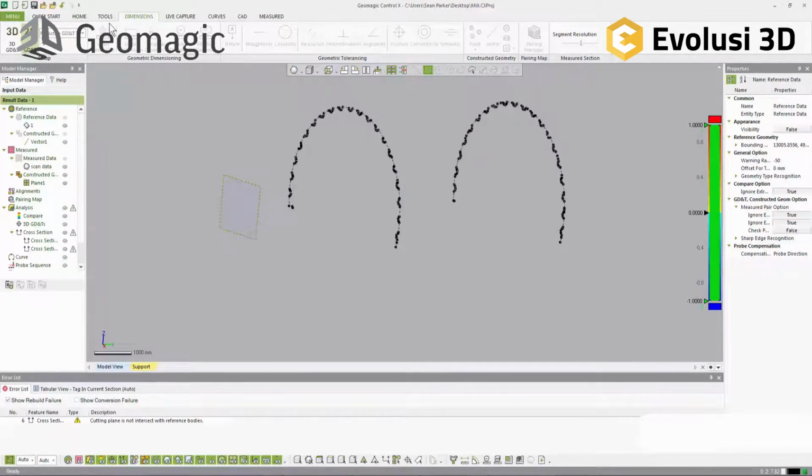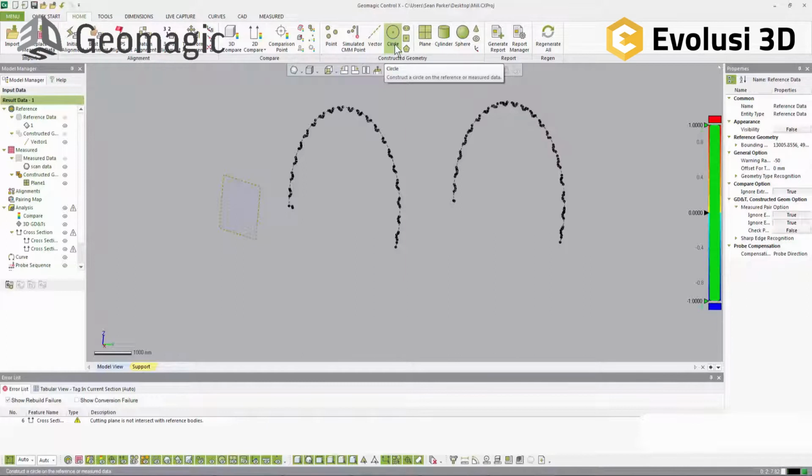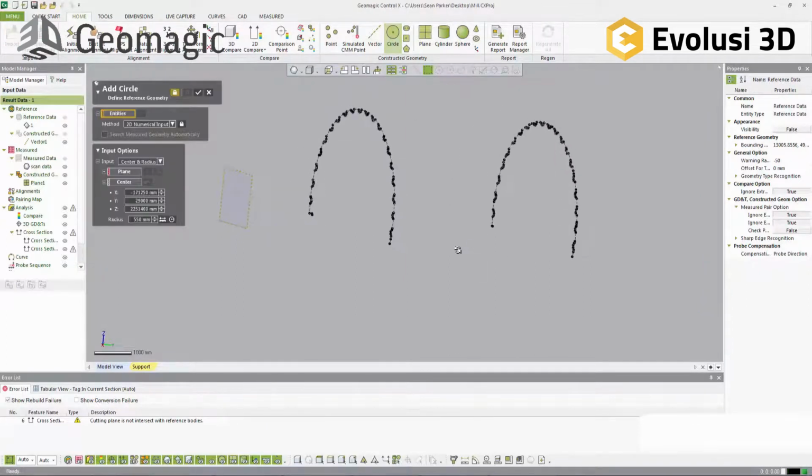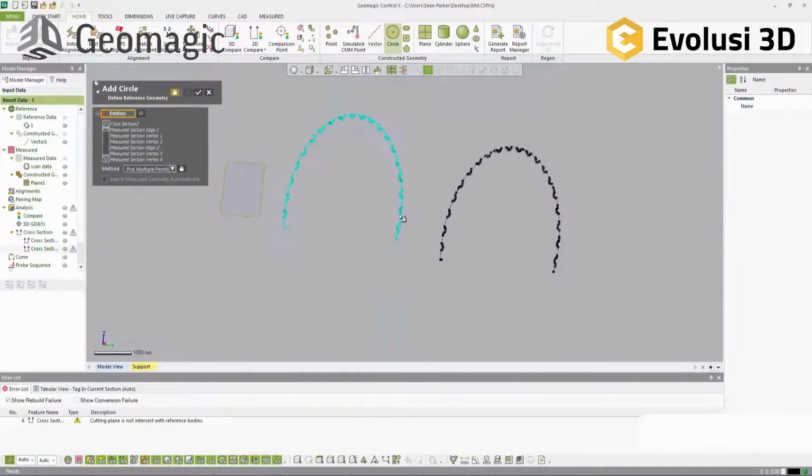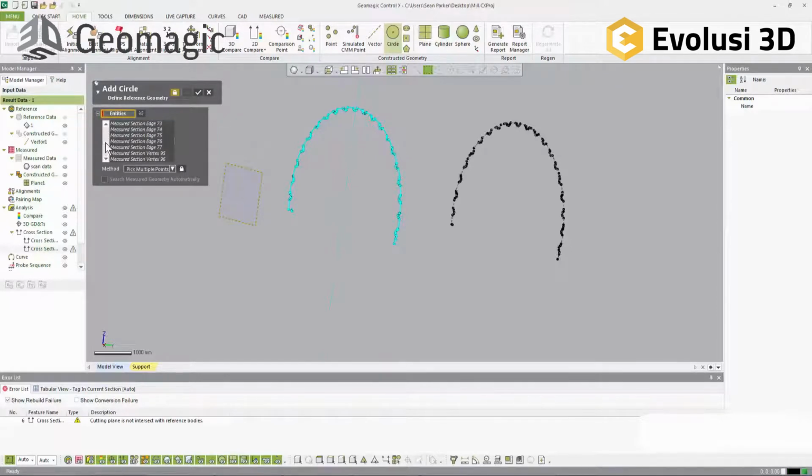What I'm going to do is go into my Home tab and create a construction circle. And for this construction circle, I'm going to make a selection on all of this data here. Now I've got a small problem, and hopefully in a hotfix we can fix this, but right now, besides all these vertices and edges that I've got as my selection, I've also got the entire cross section itself selected, and I don't know how to change that, but I need to delete this guy here, and when I do that,